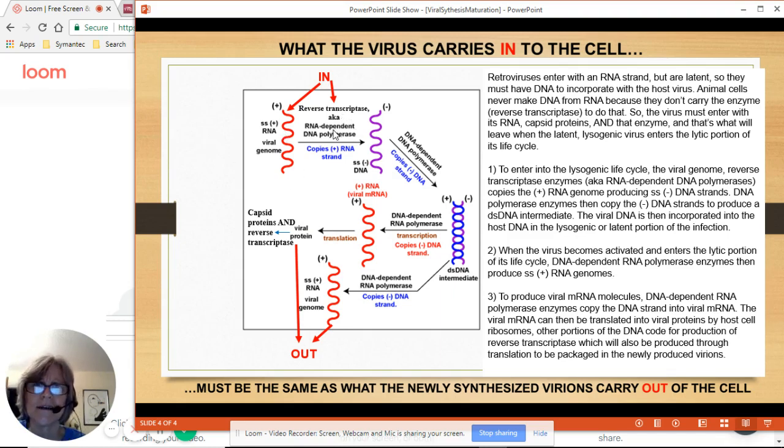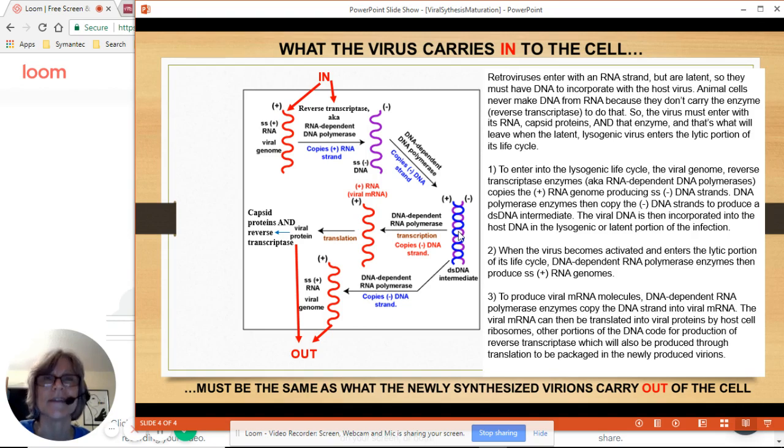Reverse transcriptase is also known as RNA-dependent DNA polymerase. This molecule builds DNA from RNA. So we're going to take our single strand of RNA, and we are going to build a single strand of DNA from it. It's the template, so it's the complementary base pairing. We'll use that as our template to make the positive strand so that we have our intermediate double-stranded DNA. This matches our host cell's DNA. This is what gets incorporated. At this point, the virus can go into